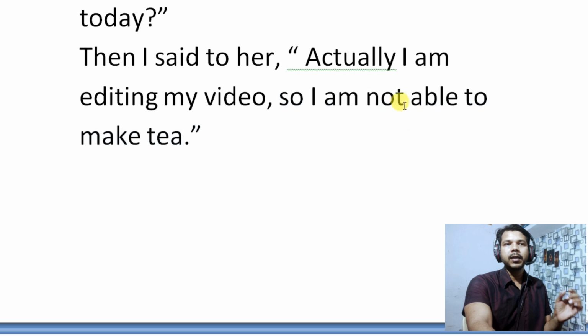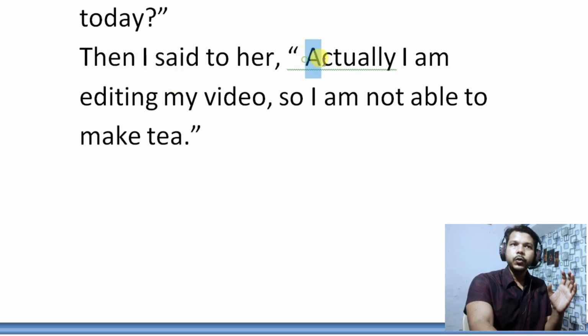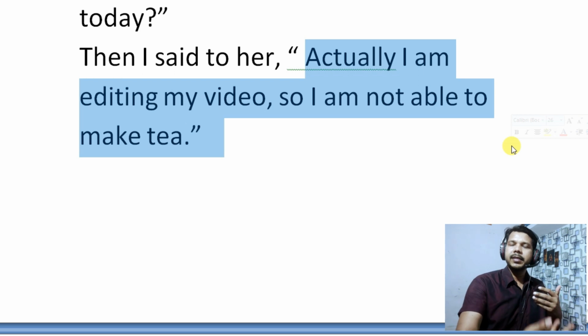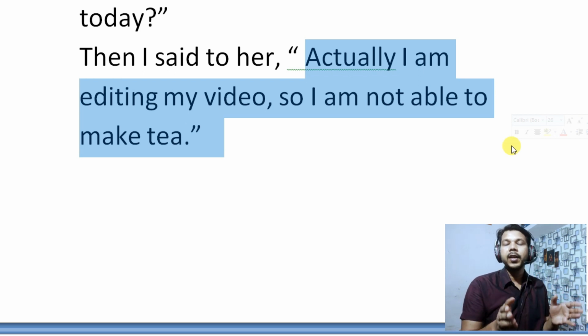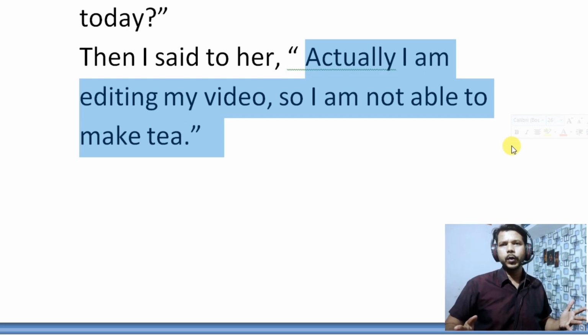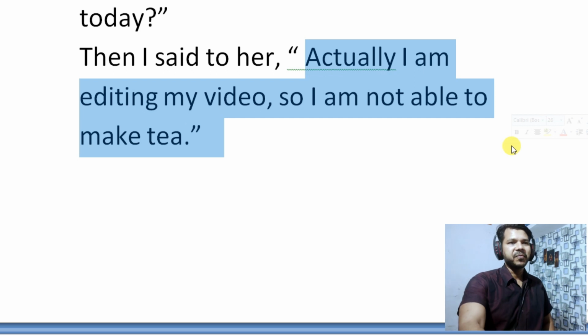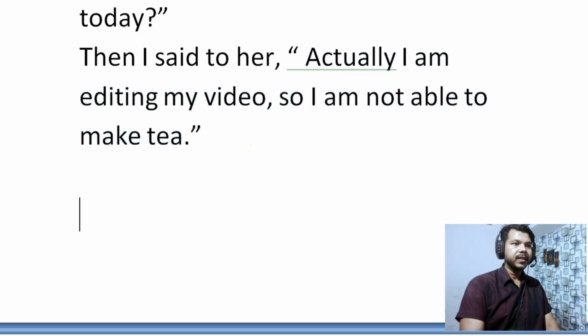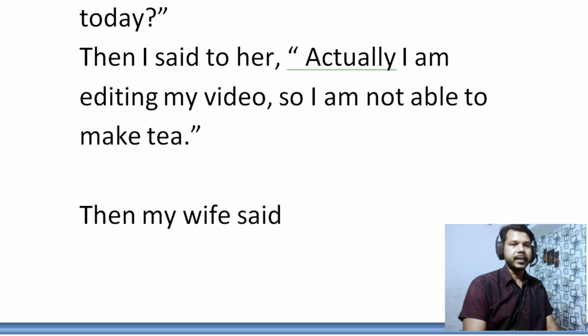Here I have used a structure, the structure of able to. It means after saying this word, when you say I said or she said, after that you can use so many sentences. There is no guarantee in which tense the sentence will be. You are free to speak as per the situation. Free to speak. Okay? Just you have to say I said. Okay? Now see. Then my wife said to me,